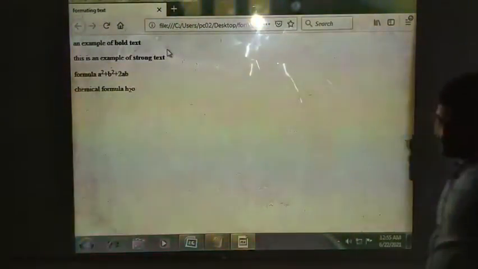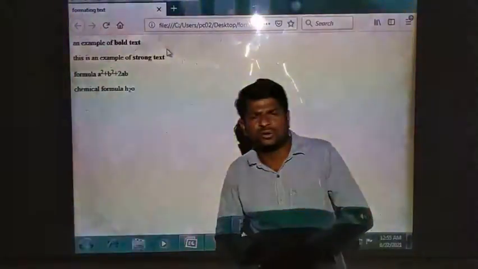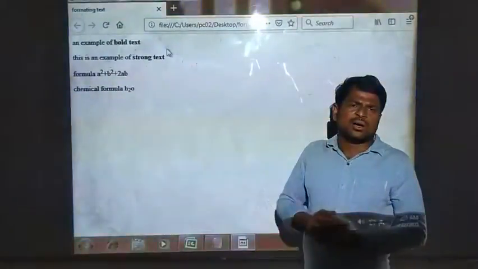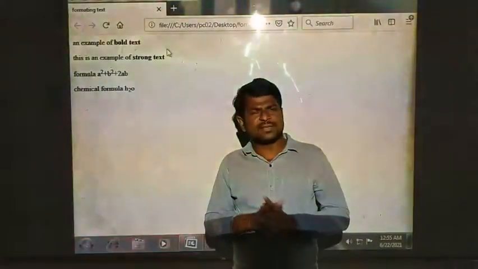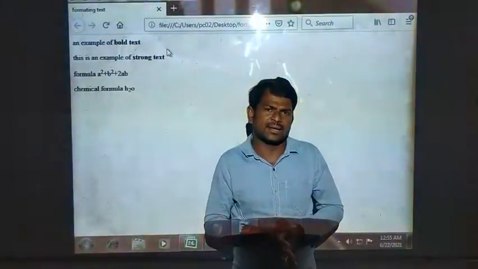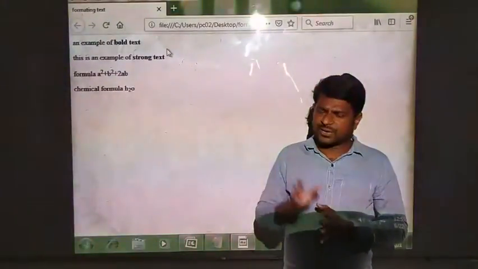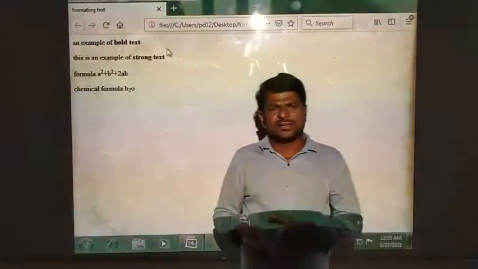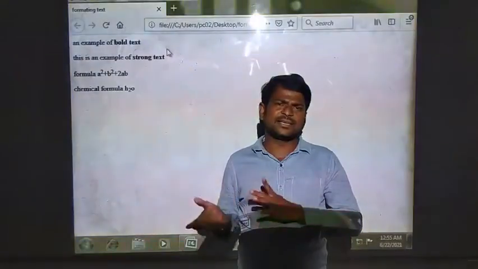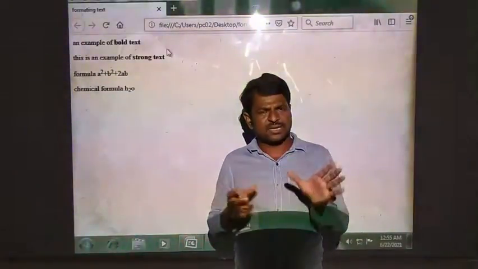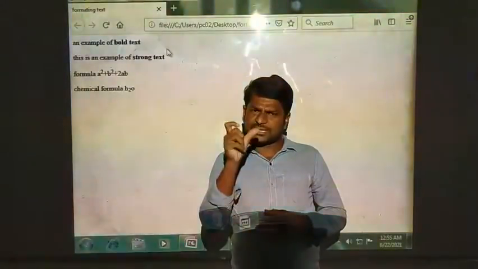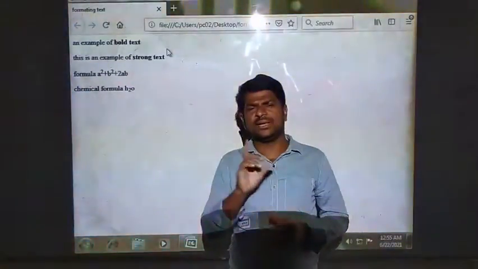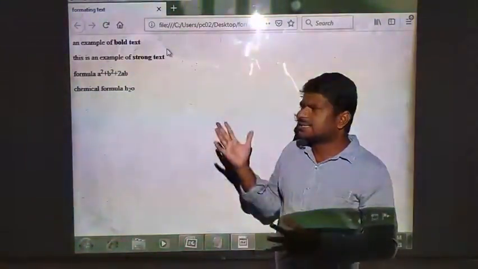Many HTML formatting tags are there. No need to have all this now. I will give the notes. In that you can see everything that can be included within the paragraph tag. Within paragraph tag you can include any tag. That tag should be, if it is a paired tag, it must follow opening tag and closing tag. If it is an unpaired tag, you can give just the tag itself. Okay, this is about formatting text.